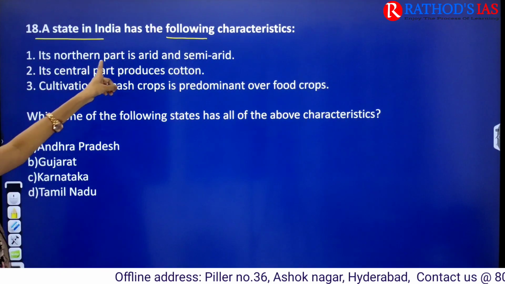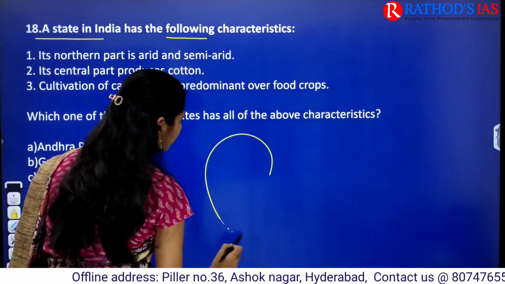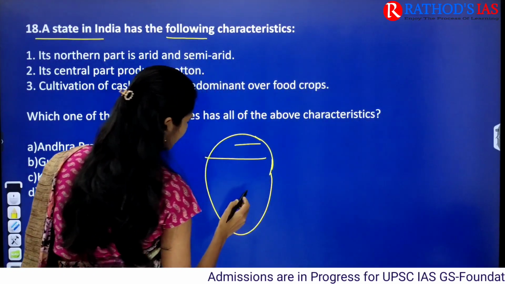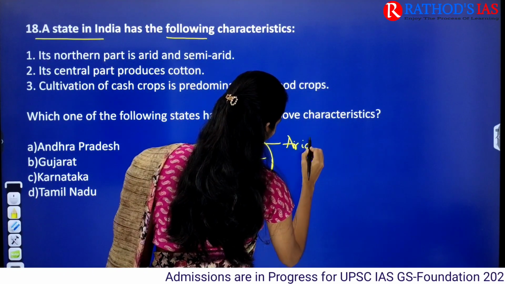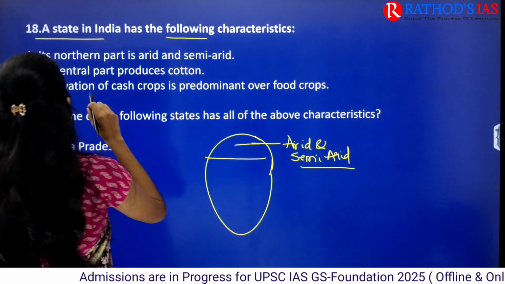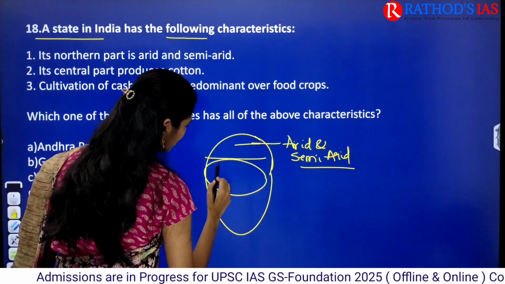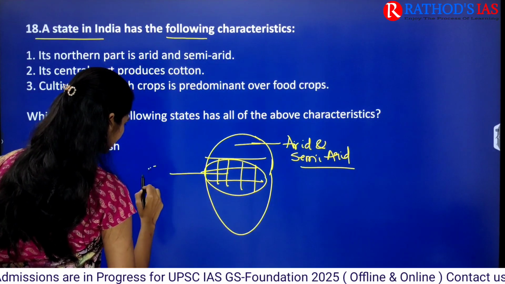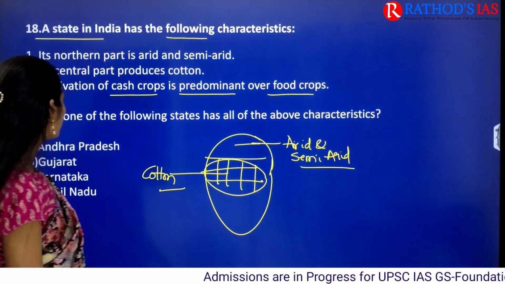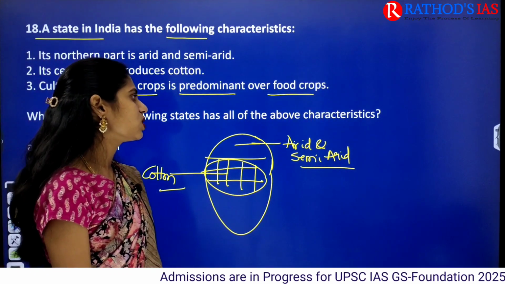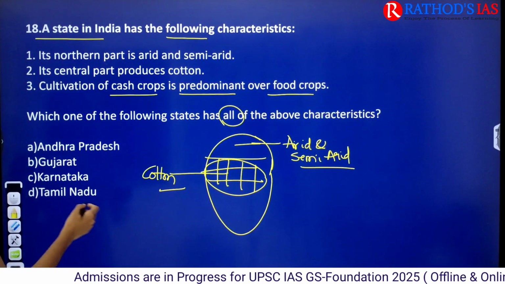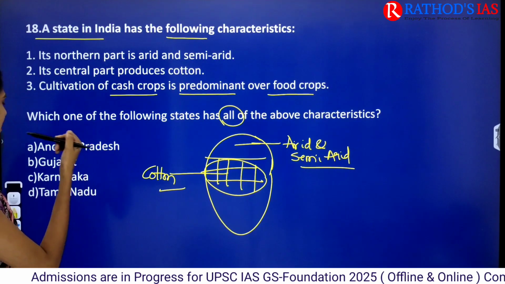First one is, its northern part is arid and semi-arid. And its central part is producing cotton. Cultivation of cash crops is predominant over food crops. Which one of the following states has all of the above characteristics? It is asking all, not one. Don't confuse here. Option A is Andhra Pradesh, option B is Gujarat, option C is Karnataka, and option D is